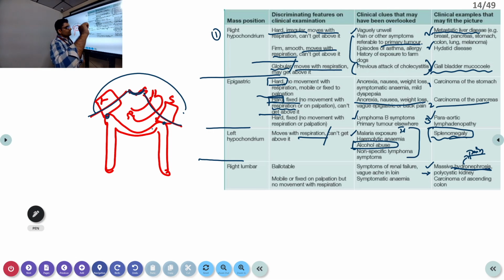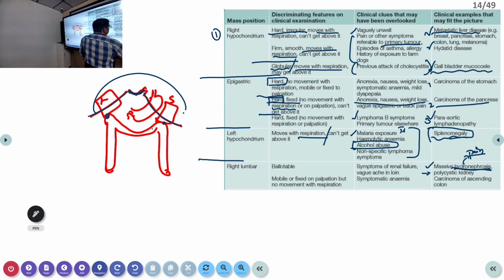That is, there is an obstruction in the ureter. Because of that, there is accumulation of urine near the kidney, that is hydronephrosis. It's an obstructive condition. But polycystic kidney, with multiple cysts in the kidney, again is a short note for you. There may be autosomal dominant and autosomal recessive polycystic kidneys, so you have to know all those things. If there is a polycystic kidney, then it is easier to palpate.